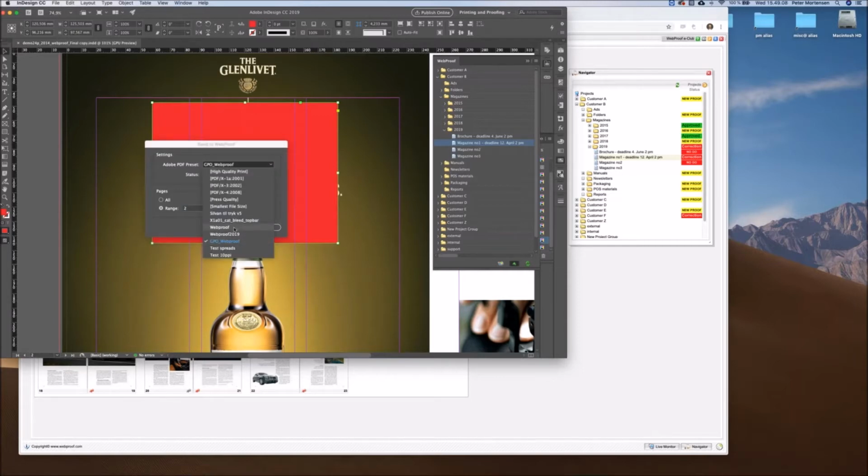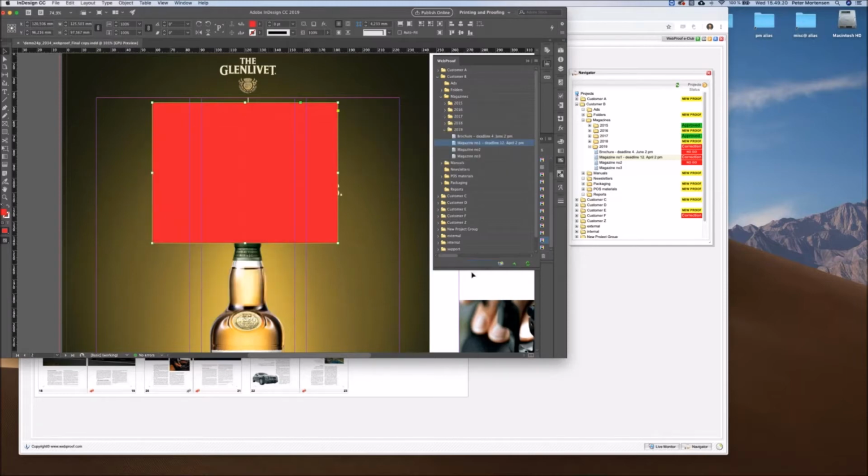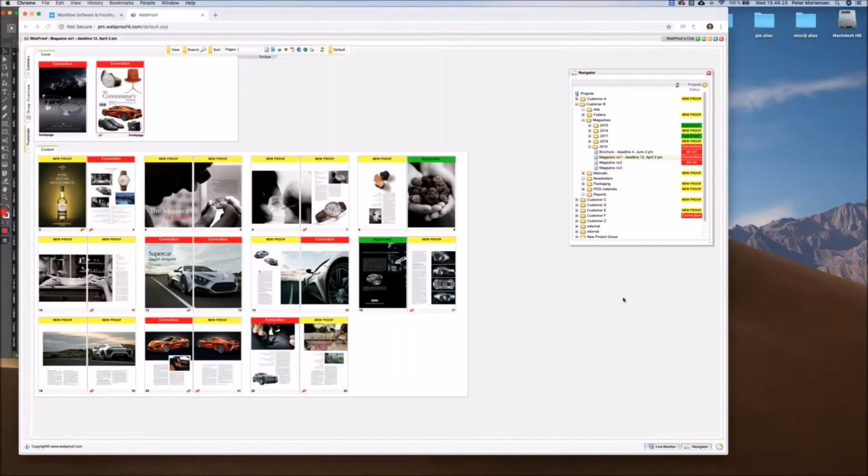And I can choose what PDF preset I want to upload, what status code. I will choose new proof and click send. So now you can see how easy it goes. I will go to my